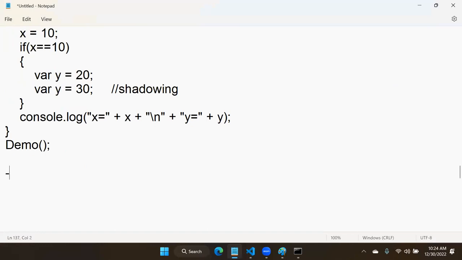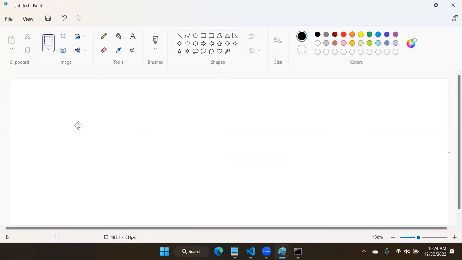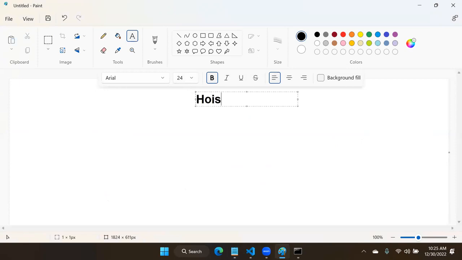Another important point: var allows hoisting also. Var is going to allow hoisting. Now, what is the concept of hoisting? Hoisting means, I will show you one simple diagram, a simple point here. For example, actually the meaning here for hoisting,